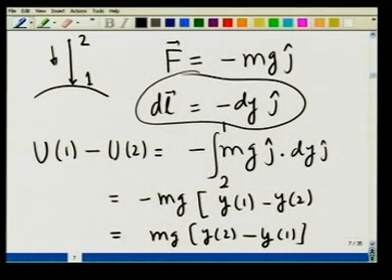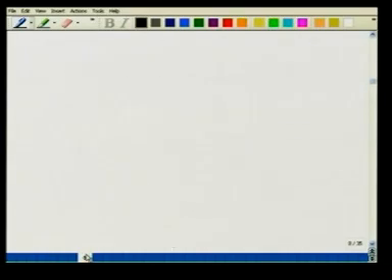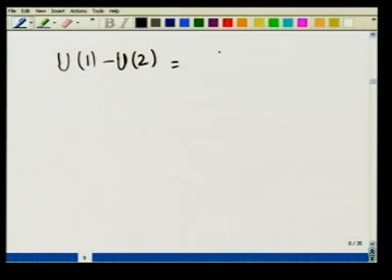Where is the mistake? And this is where a lot of confusion at times arises. The mistake is here. You see, when I'm taking dl to be minus dy and then again putting limits from 2 to 1, I am actually double counting the minus sign. The proper way to do it would be to write again u1 minus u2 is equal to integral going from 2 to 1 of minus F dot dl, and this is going to be equal